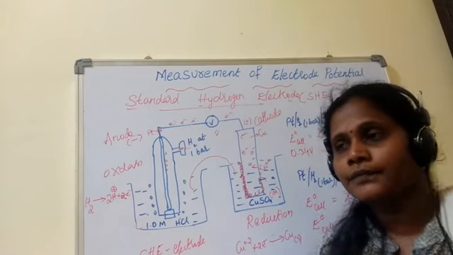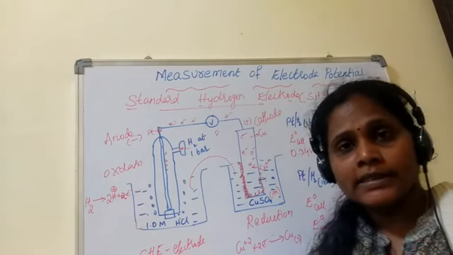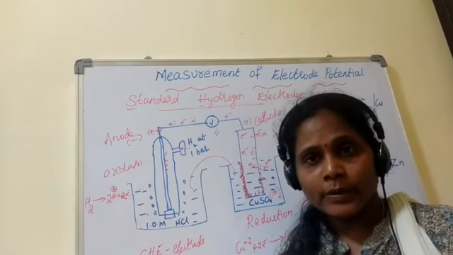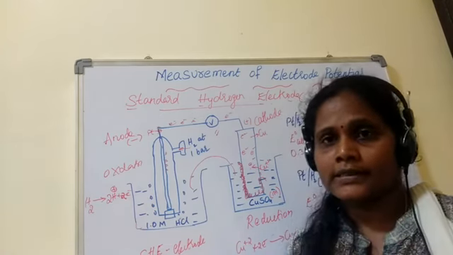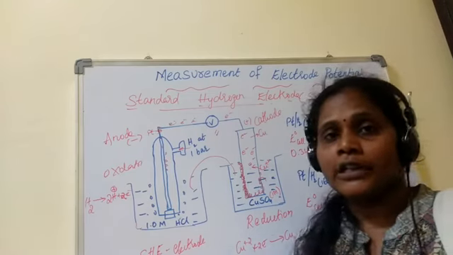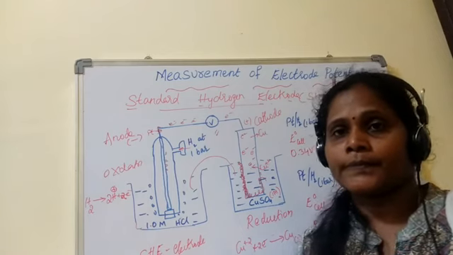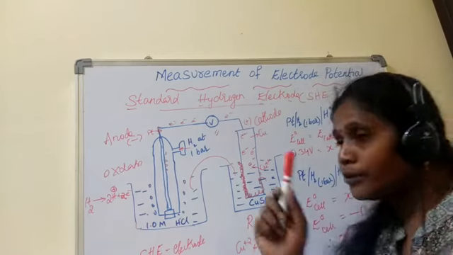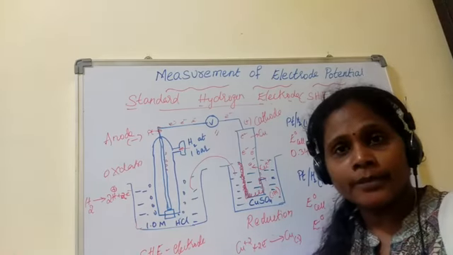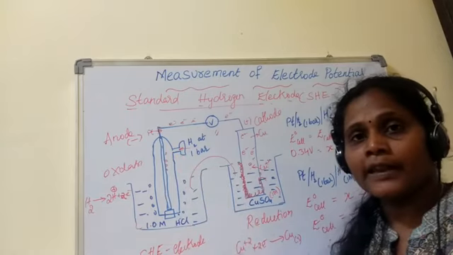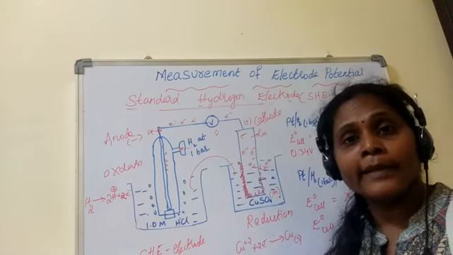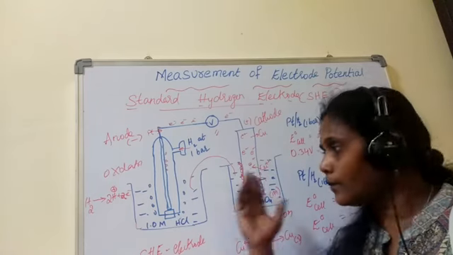You have done equilibrium constants. Equilibrium constant calculation can also be done with the help of your electrochemical cell. It has very vast applications, right? So this ends the measurement of electrode potential using the standard hydrogen electrode. Whatever element they give, you have to write accordingly. They may give copper, or zinc, or magnesium. So you have to write this explanation on your own, explaining the standard hydrogen electrode by taking magnesium as the unknown electrode. Then you have to explain the same.